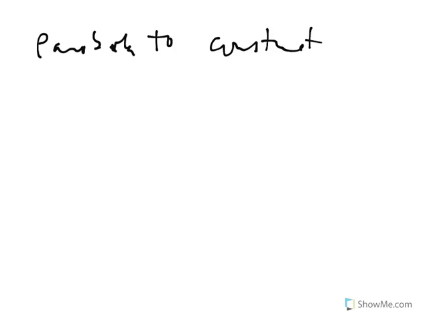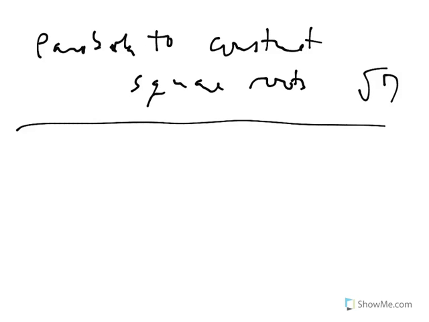We can use the parabola construction to construct square roots. For instance, I want to figure out the square root of 7, or construct a line segment whose length is the square root of 7. Well, the first thing I want to remind you about